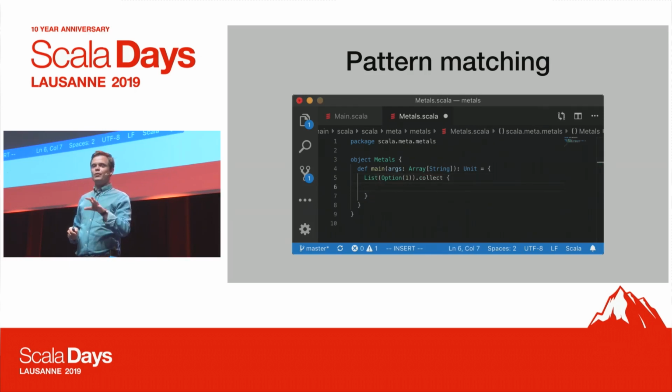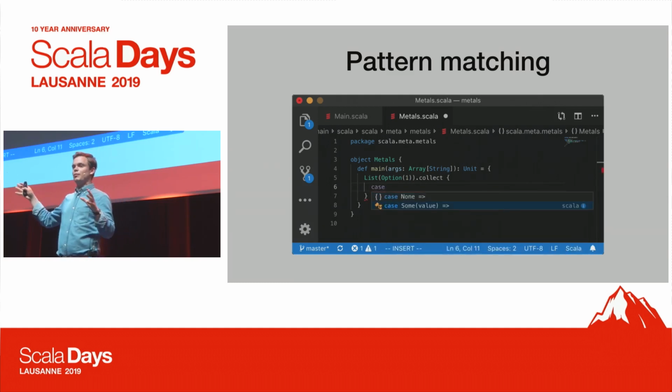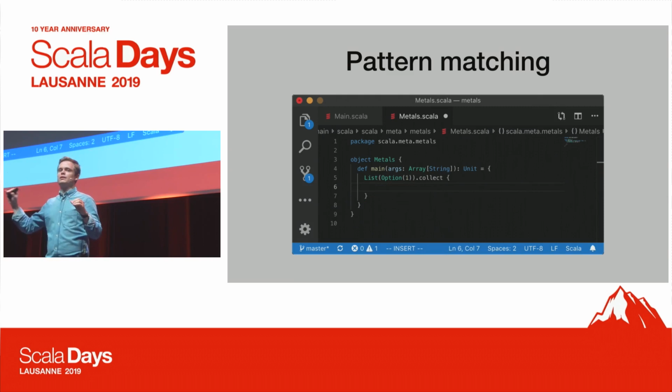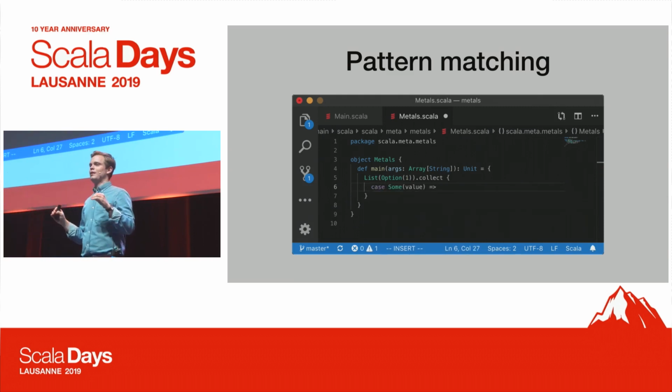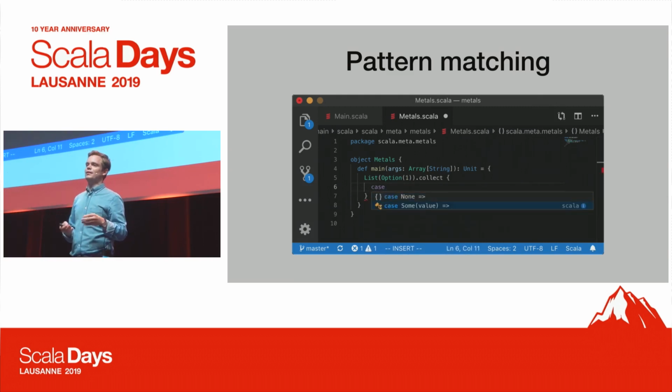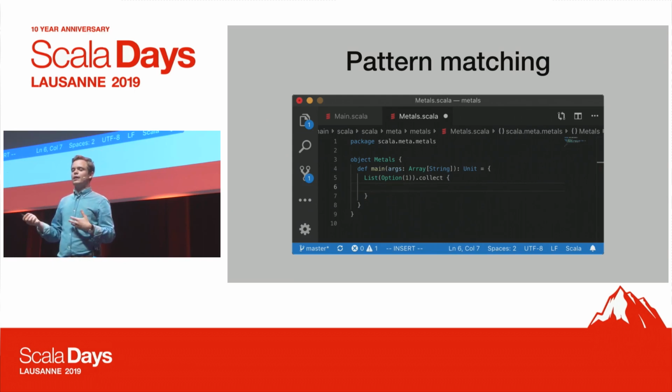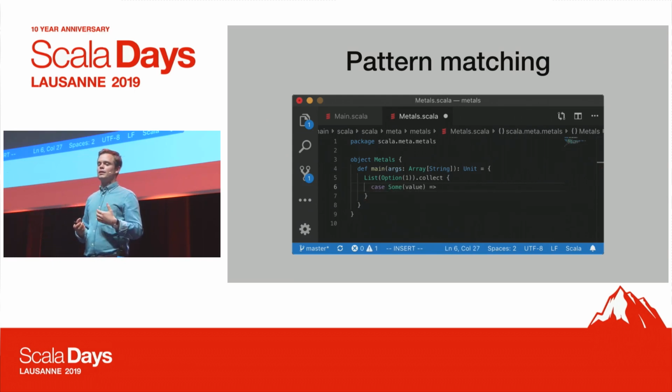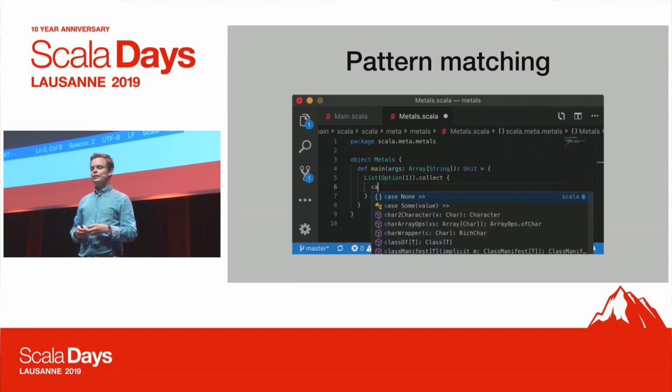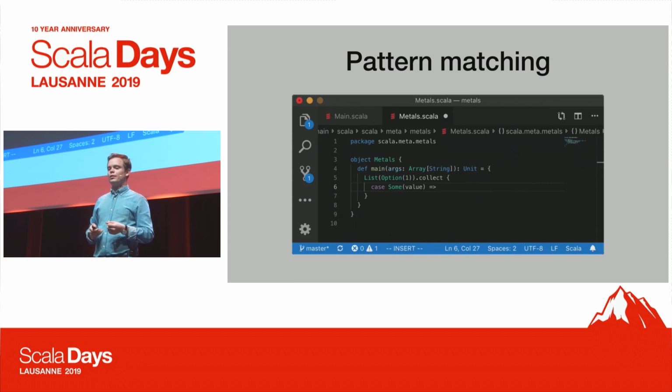So one thing that we do here, which is really nice as well, is that not only exhaustive matches, but individual case statements. And I think this is really a feature that I never had in IntelliJ, and I really enjoy in Metals, is that you're doing a collect and you're just taking one of the cases. And this is the one that works with both sealed types and also for exceptions, because it would just provide you the completions of all of the exceptions that you have in scope. And I find this to be really useful.